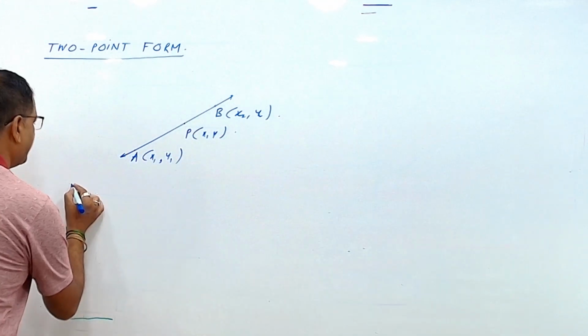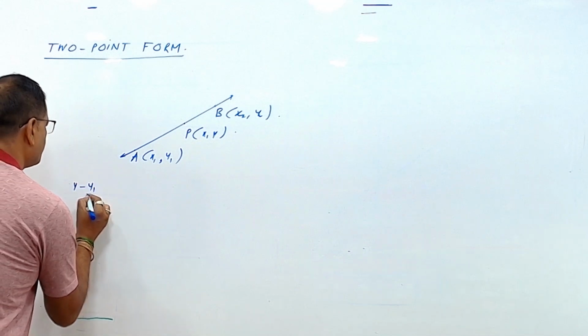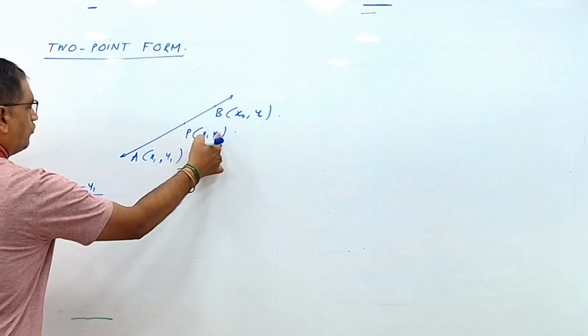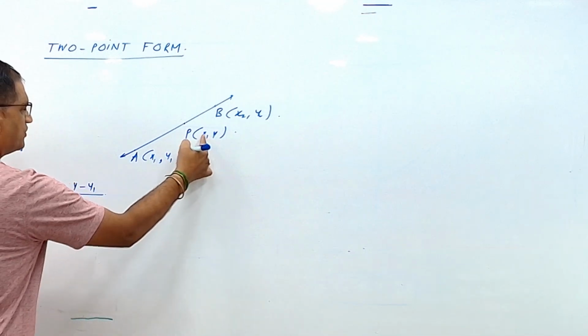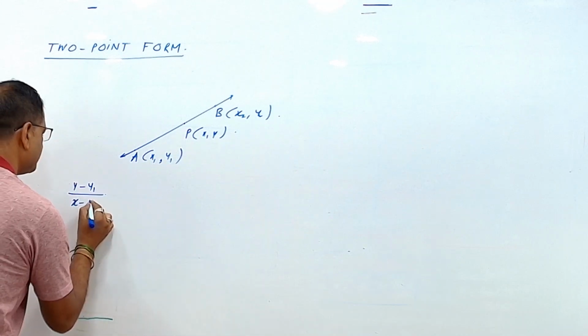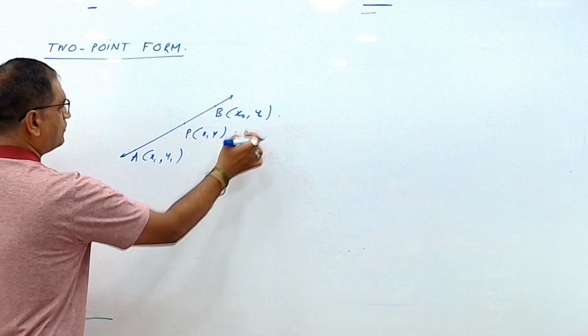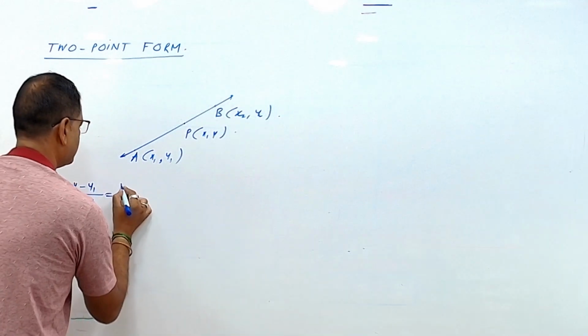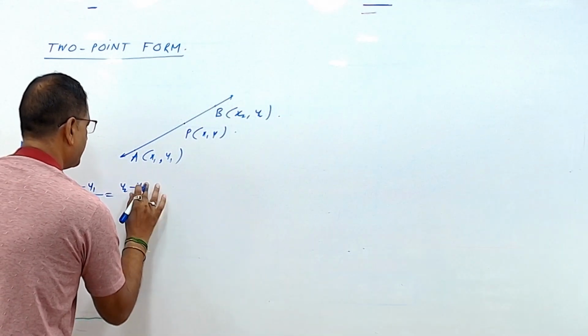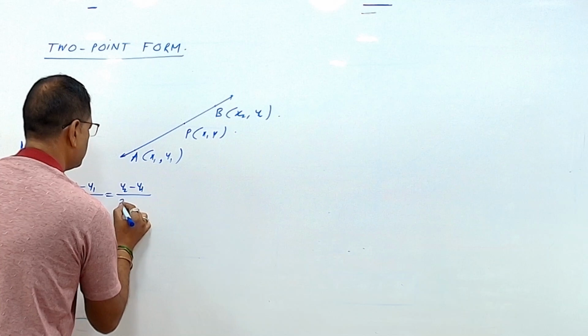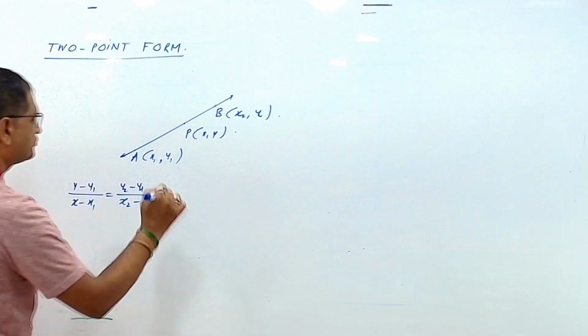So if I say that, I'll be able to calculate slope of AP as y minus y1 upon x minus x1 and slope of AB can be calculated y2 minus y1 upon x2 minus x1,